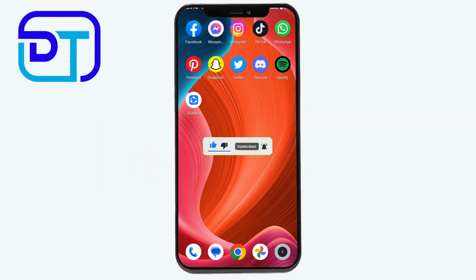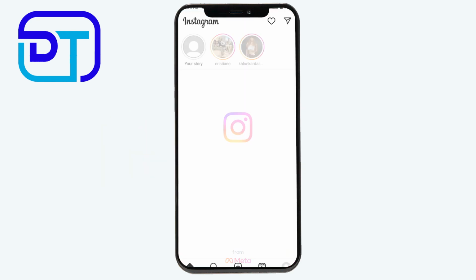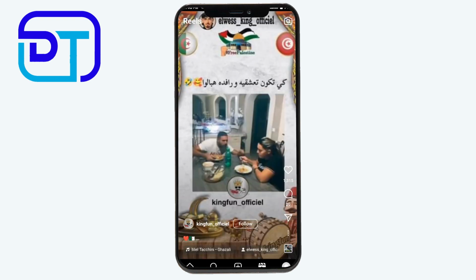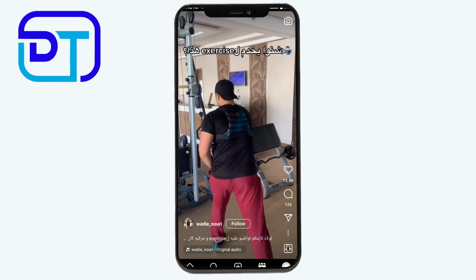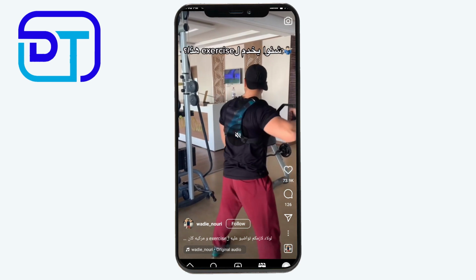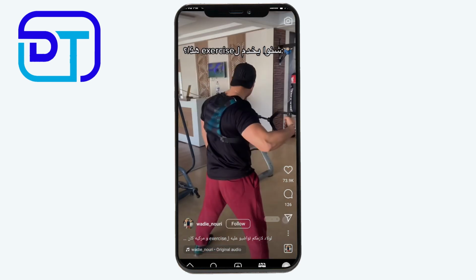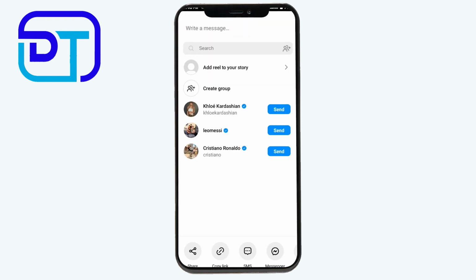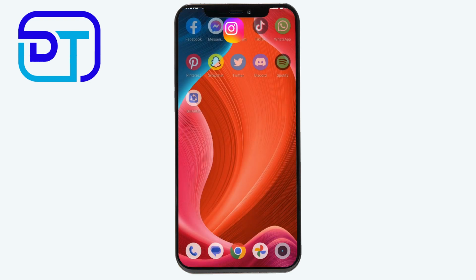Let's get started into this tutorial. Go into Instagram, then choose the reel that you want to download. I'm going to choose this one as example. Then click at this icon right here. What you need to do is basically copy the reel link, click at here, then go to Chrome or Safari